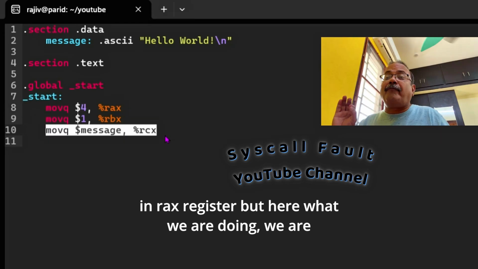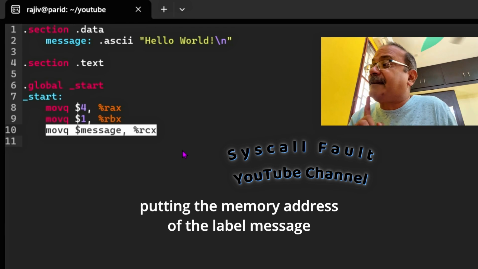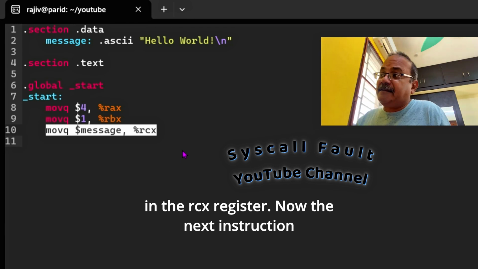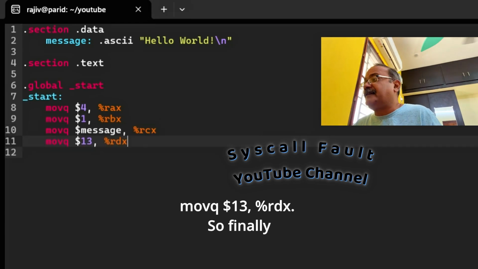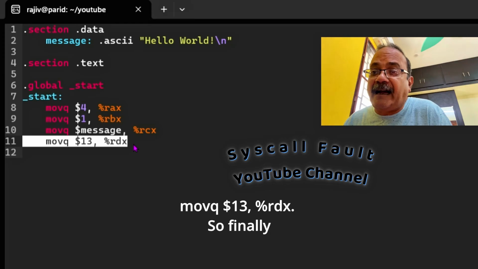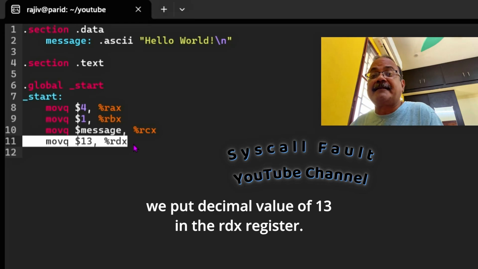But here we are putting the memory address of the label message in the RCX register. Now the next instruction, movq $13, %rdx. So finally we put the decimal value of 13 in the RDX register.